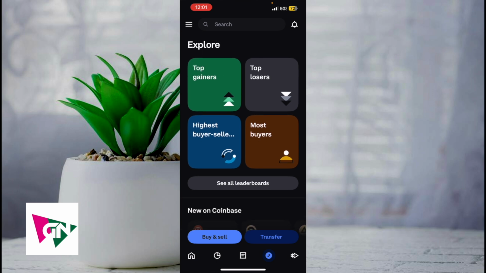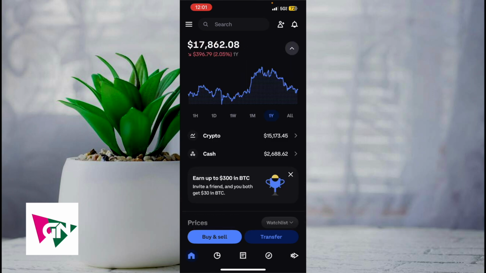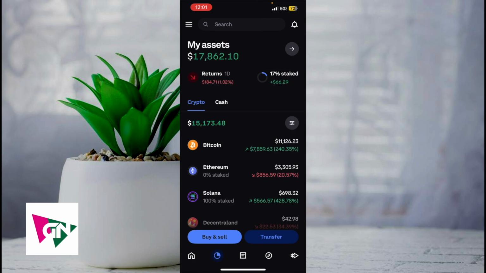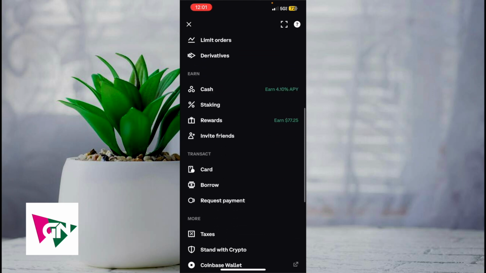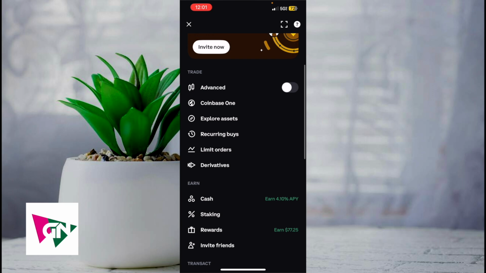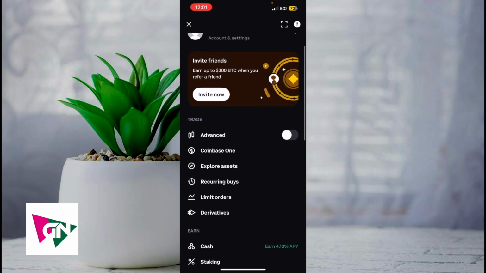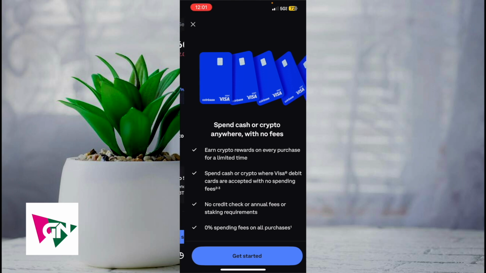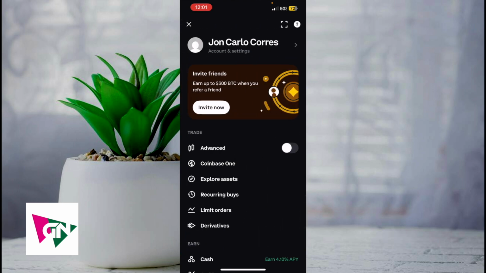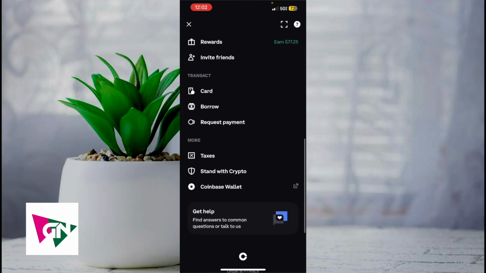So with Coinbase, again, keeping it simple, I only use the Home tab and the Assets tab. I set up recurring buys on a week-to-week basis. If you want to invite your friends to cryptocurrency, you can get your referral link located here as well. Make sure that you also set up your bank. So I do believe that in order to do that, you have to click on, I think it's card or borrow. So if you click on, no, it's not card. In order to set up your bank for a transfer, you simply just set it up with, all right, okay,